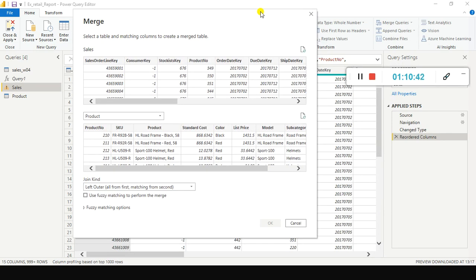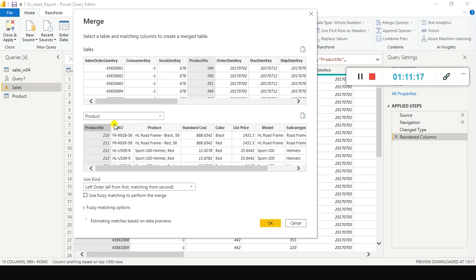That is what I trained you on as part of SQL queries. If you want to join the employee and department tables, the department table has the department name, whereas the employee table has only the department number. If I want to know the employee name and department name, you need to join these two tables using the common column, department number. Similarly here, the common column between these two is product number. Select this product number, and select this product number.